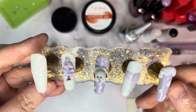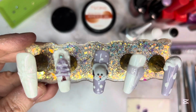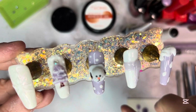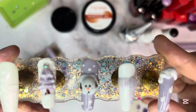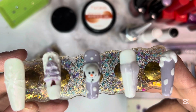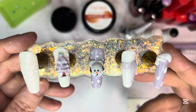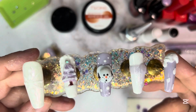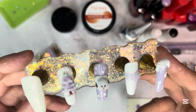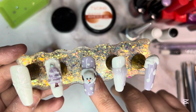This is what we're doing today. So cute. So we're going to be sculpting these nails. I'm going to put a link to the inspiration pictures that I've used, but I think they're so cute and they take a lot of time. It took forever, but I think the end result is worth it. We got a little Christmas tree, a melted snowman, little scarf,